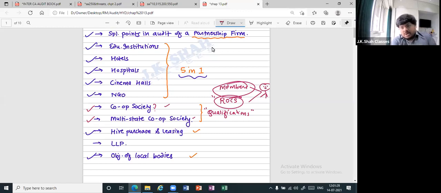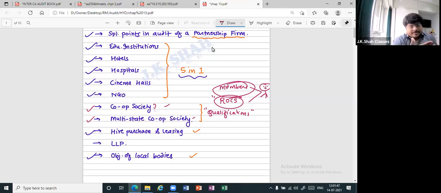So ultimately, when I talk about cooperative societies, they have nothing but a managing committee. Then there are bylaws of the cooperative society. So ultimately, the managing committee has to follow the bylaws. If the bylaws and the laws and regulations are not followed, then can I say the auditor will have to report that such bylaws are basically not followed.